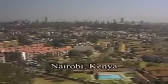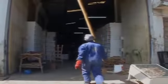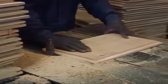Ghana's capital city is the region's industrial center. Here, amongst the busy heavy industries, there is a very special business that has the most far-reaching effect on people's lives. A company called African Beekeepers manufactures beehives in their hundreds, and in addition, they harvest honey from their hives